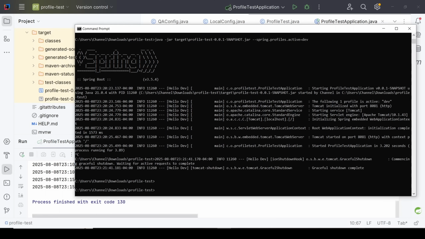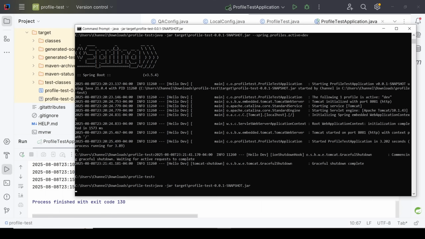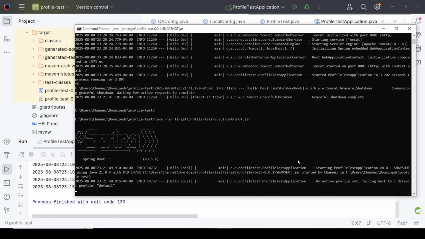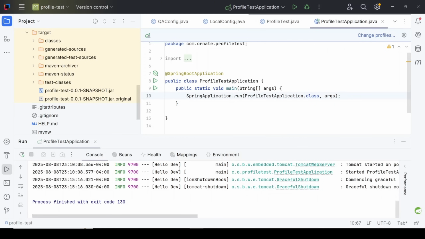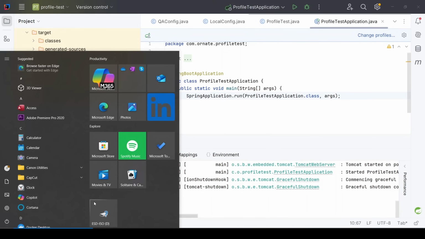let's stop this and do not include the environment you want to run on, and let's try to run this and see if it's going to pick it. Well, it might not pick it at first. See, it's saying the profile is required, okay? We can close this, we can close the command prompt and then reopen it again,